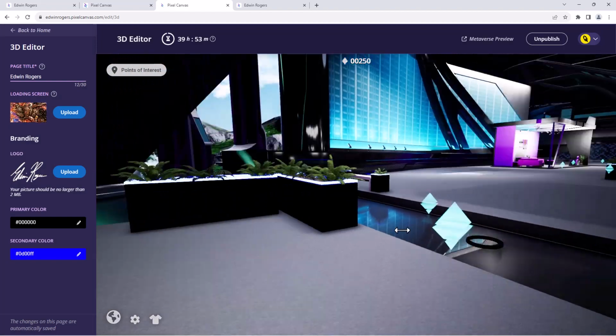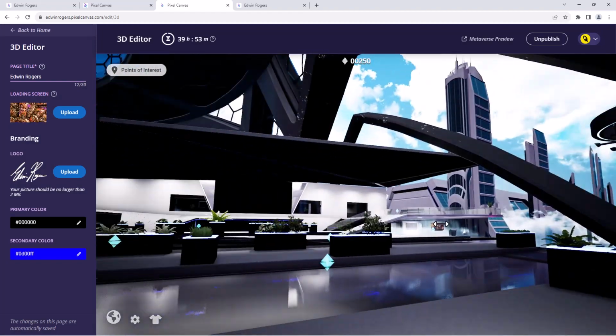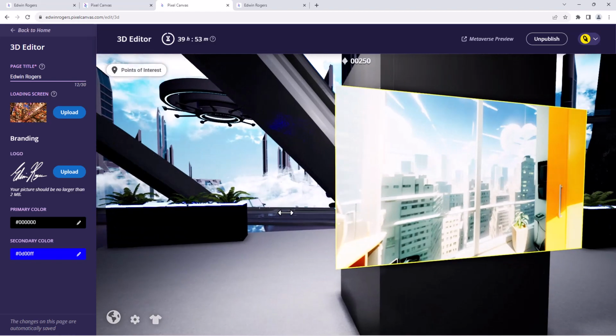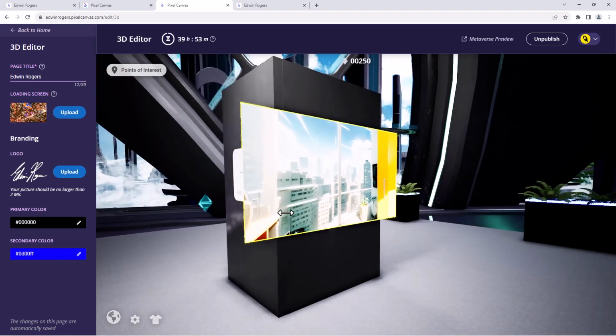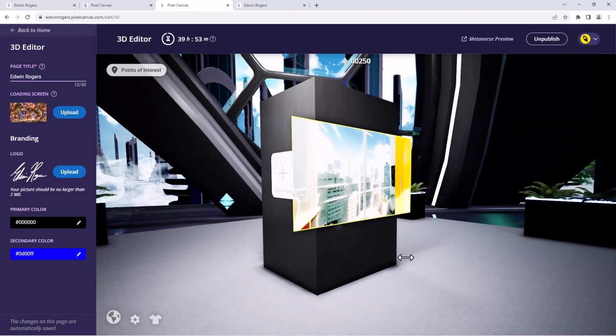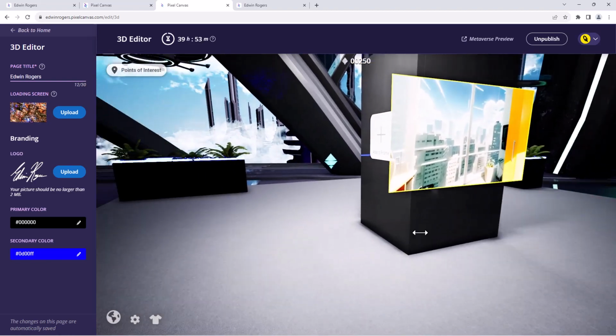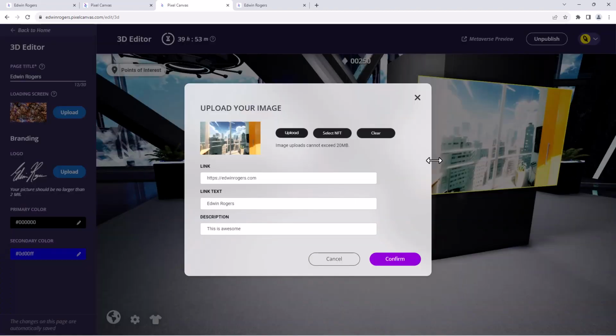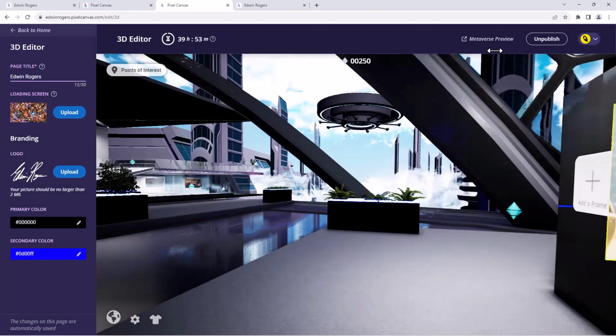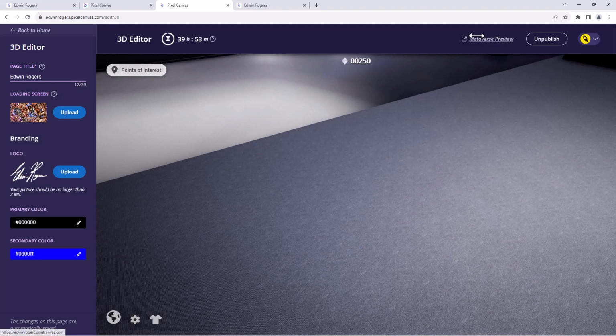And so now on that pillar, just back up with the AWS keys or the arrow keys, and then you can see that image. When you are in the experience and you click on this image, right now you're in the editor. Things automatically publish. But if I went to